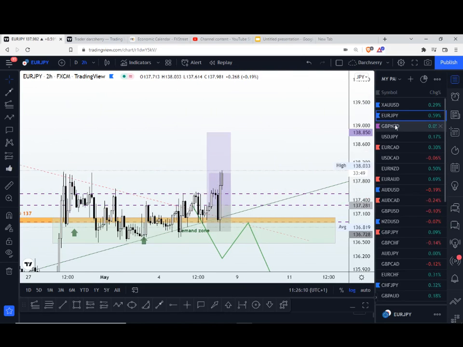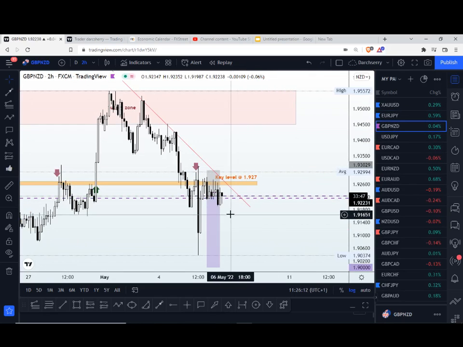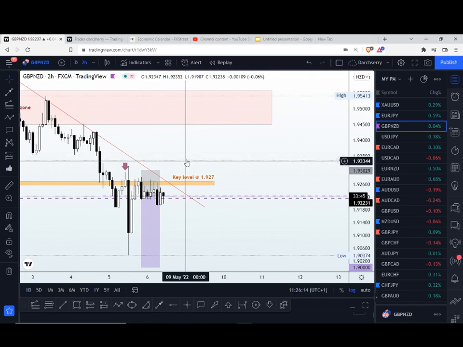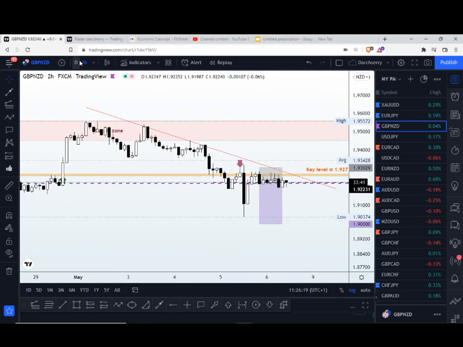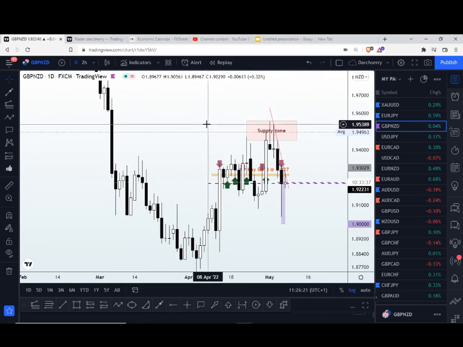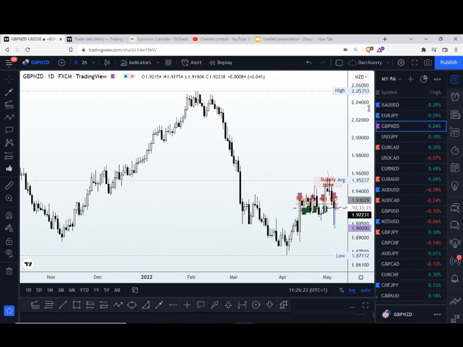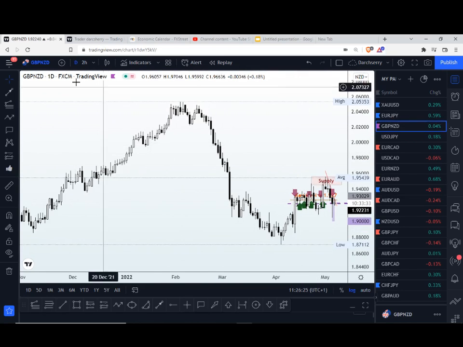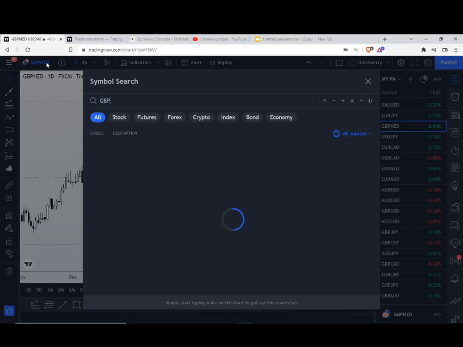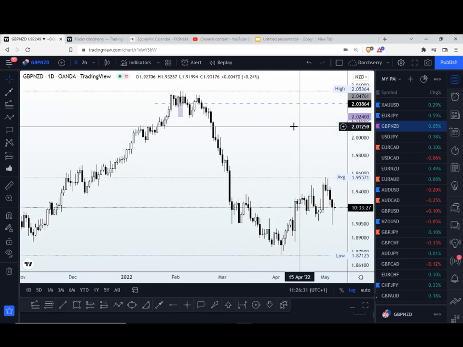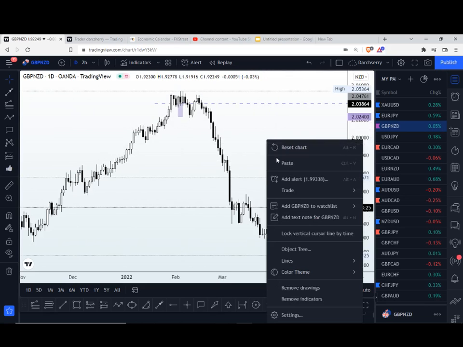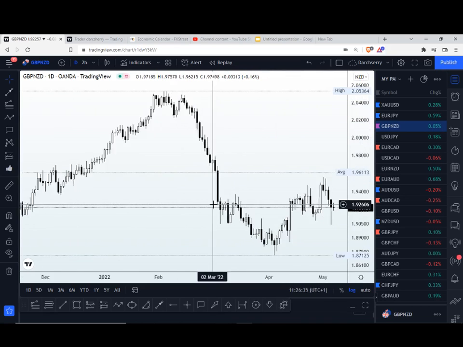And if we go to GBPNZD, on GBPNZD I'm having a bearish setup from aligning before my highs at this point. So if we go up to the daily time frame, allow me to bring up a new chart, so we have something like this on the daily time frame